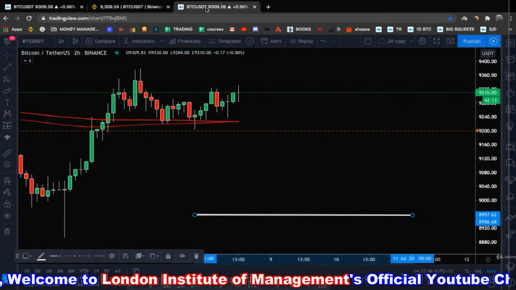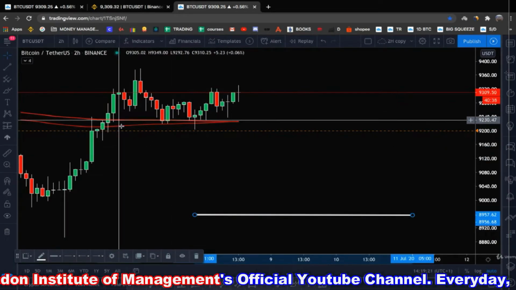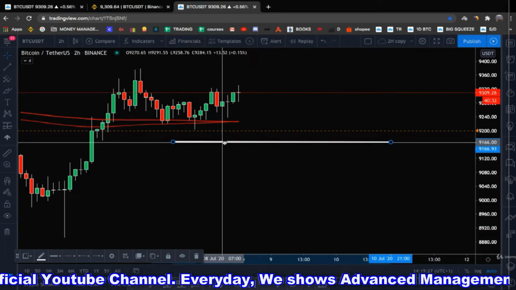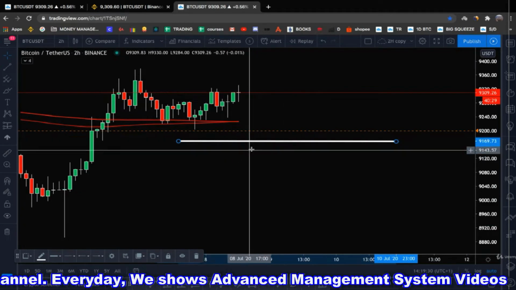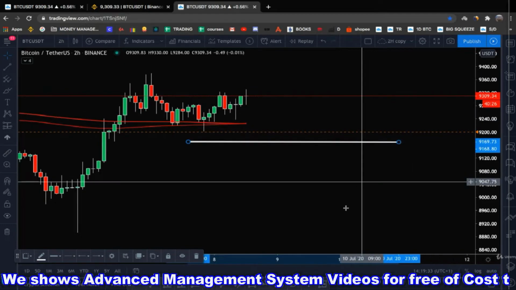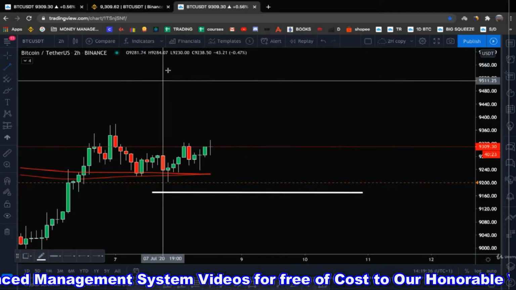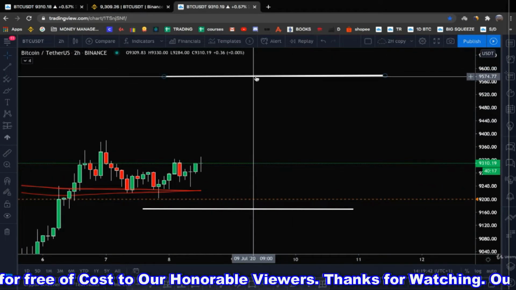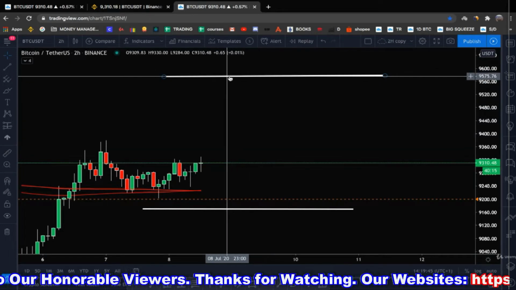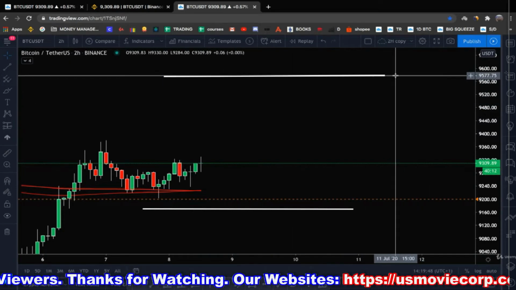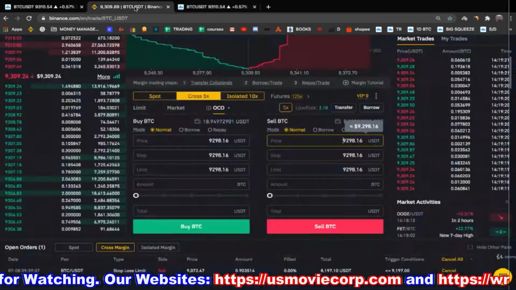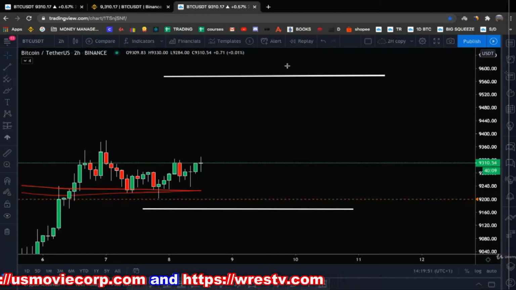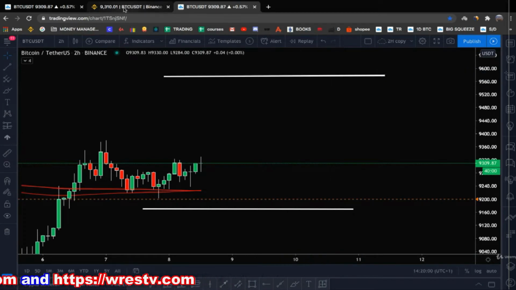So now imagine the same scenario where you entered here and you want to set your stop loss below this level, right? So if price came back here, which is 9,167, you are going to exit. But now you also have the option to set a take profit target. So let's say that for some reason there is some resistance and you expect the price to stop here, to pause here, so you want to take profits here, and this level is 9,577. So now with this type of order you have the option to do it like this. How much was it? 9,577.